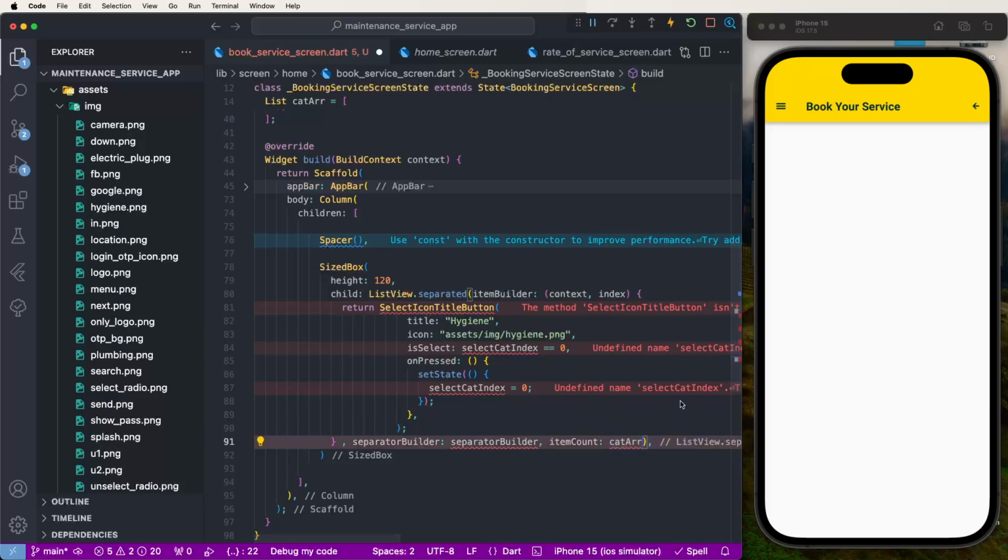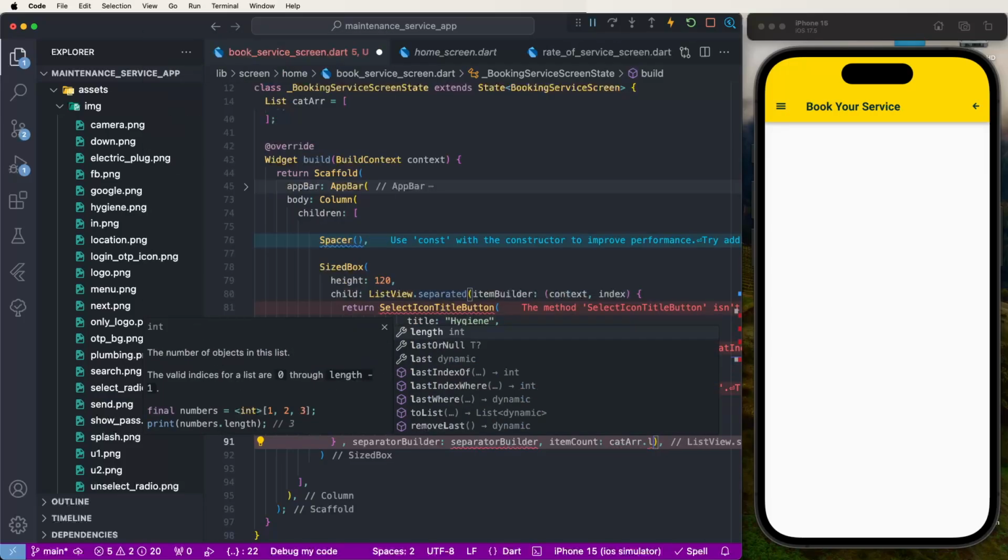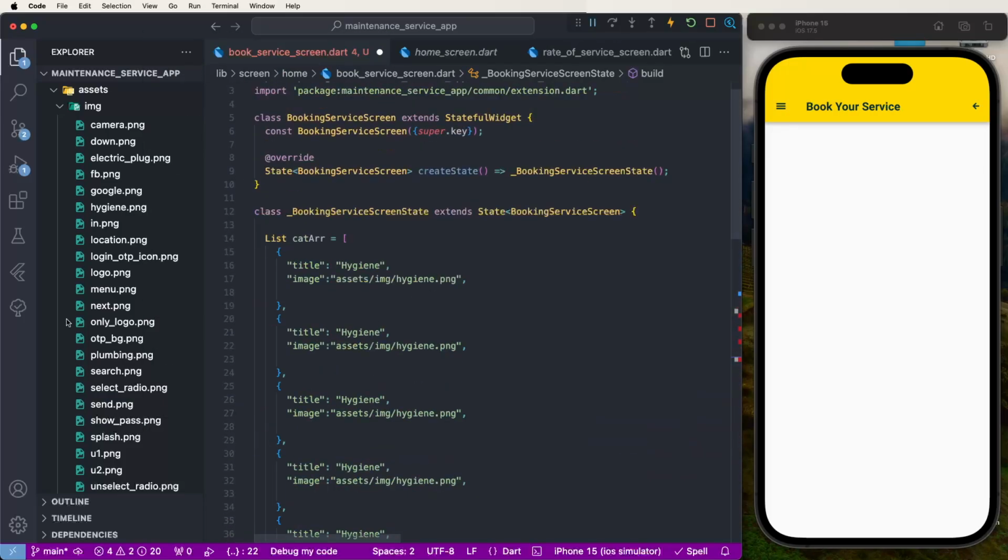Set here item counts dot length. And now need to change one by one